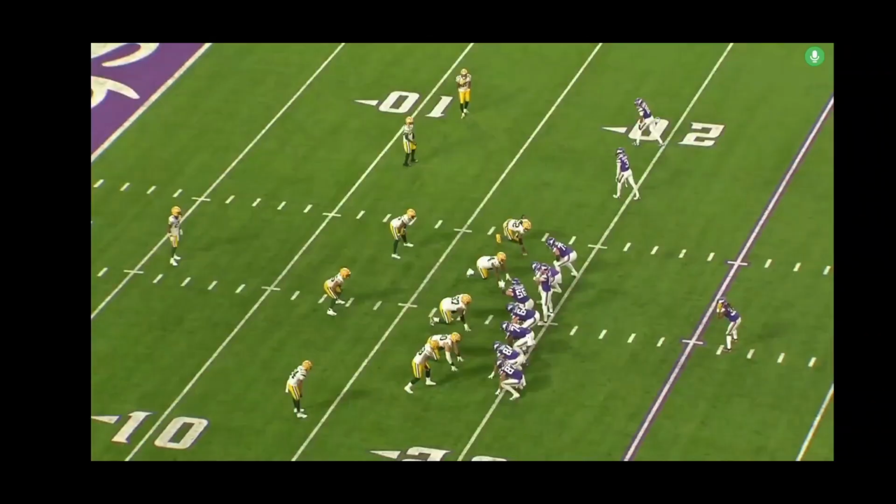This clip is going to show a variation of the stick concept with a double move attached to it. So what you're going to see at the top of the screen is going to be the basic route run by Jefferson, part of the traditional bow concept. You're going to see Jordan Addison run the stick concept, but then you're going to see him turn that into a wheel route as part of the double move. At the bottom of the screen, you're going to see TJ Hawkinson run the out-breaking route,